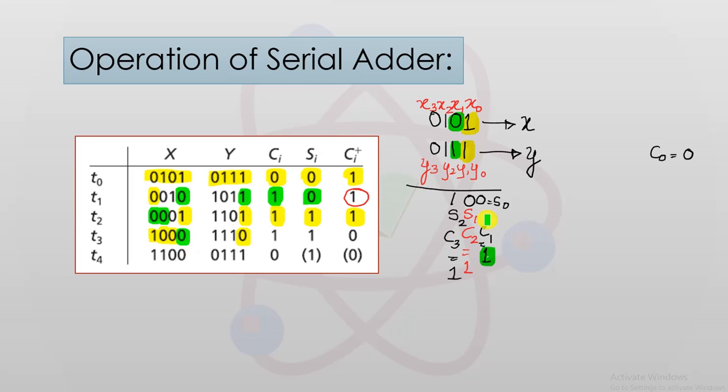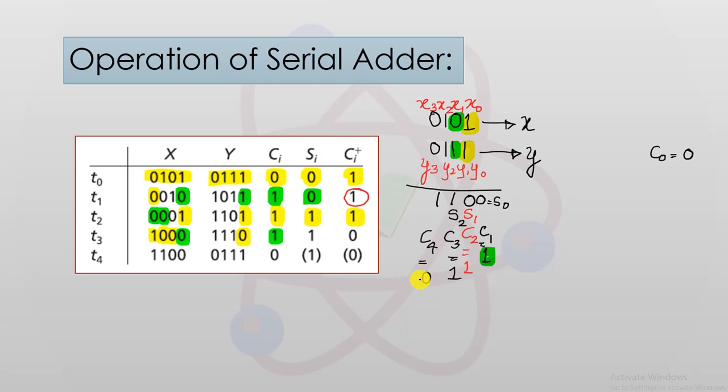So now you can see X3 is here, Y3 is here, C3 that is equal to 1 is here, and on adding these contents you get the sum to be equal to 1 and the carry C4 will be equal